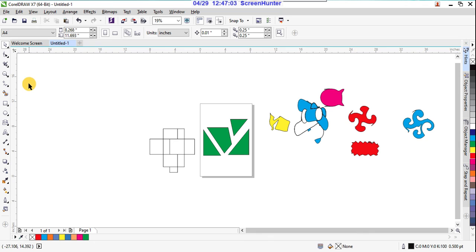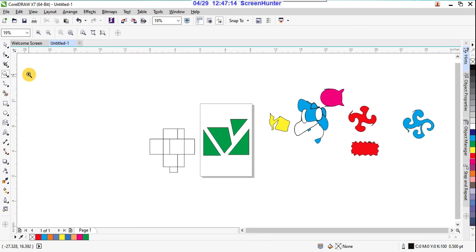Alright, and here it is the zoom tool. So click on this zoom tool, right? And for the zoom tool we have the shortcut Z here.